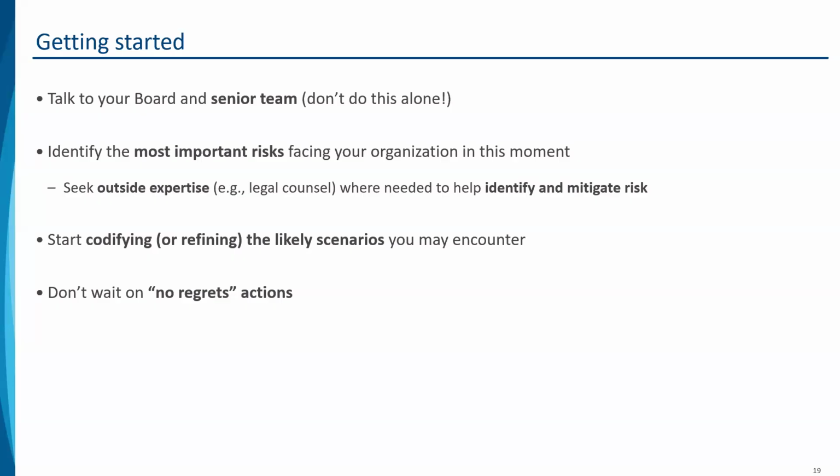So ensure you involve those with knowledge of the critical inputs for your analysis. That might include those with an eye towards programs, towards funding, towards operations, and the key decision makers. And it's also important to seek outside counsel, in particular legal counsel, if you are unsure of your relative legal or reputational risk or related actions to take to mitigate those risks.